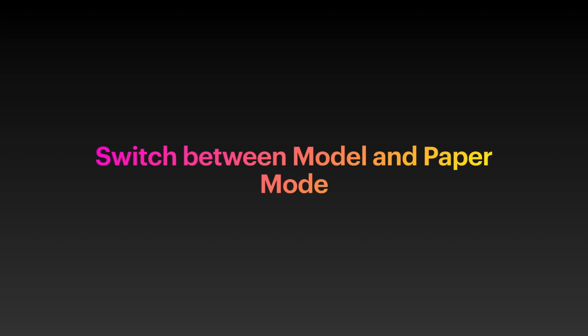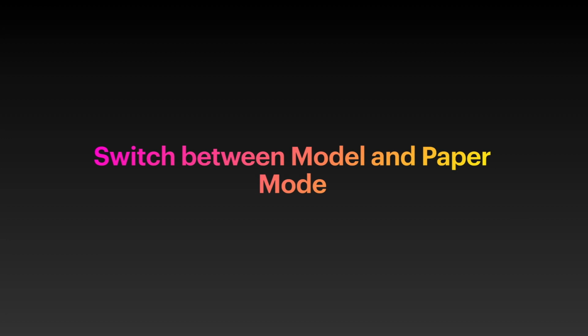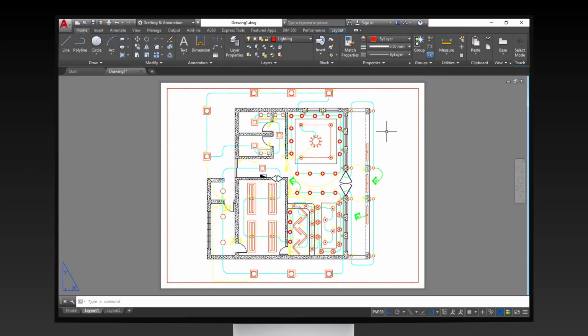Now, learn how to switch between model and paper mode in Layout. To switch from paper to model mode, click on Paper on the status bar. Click again to switch back to model mode. Alternatively, you can double-click on the viewport to activate the model space, or double-click outside of it to activate the